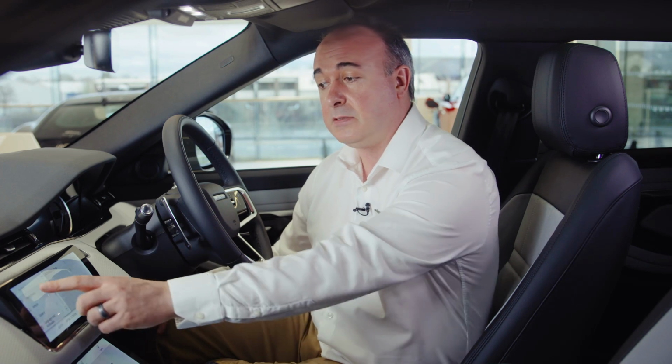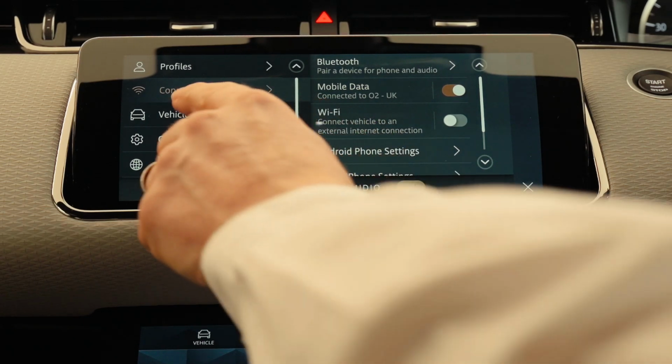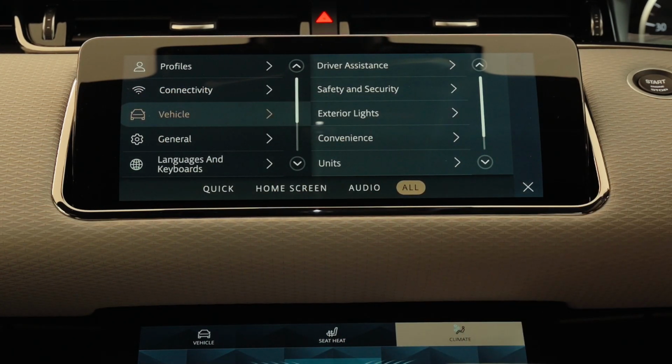Selecting All takes you into the options for driver profiles, connectivity, which includes Bluetooth, mobile data, Wi-Fi connection and settings for CarPlay and Android Auto, Vehicle, which allows configuration of driver assistance features like lane keeping and parking aids, security features,